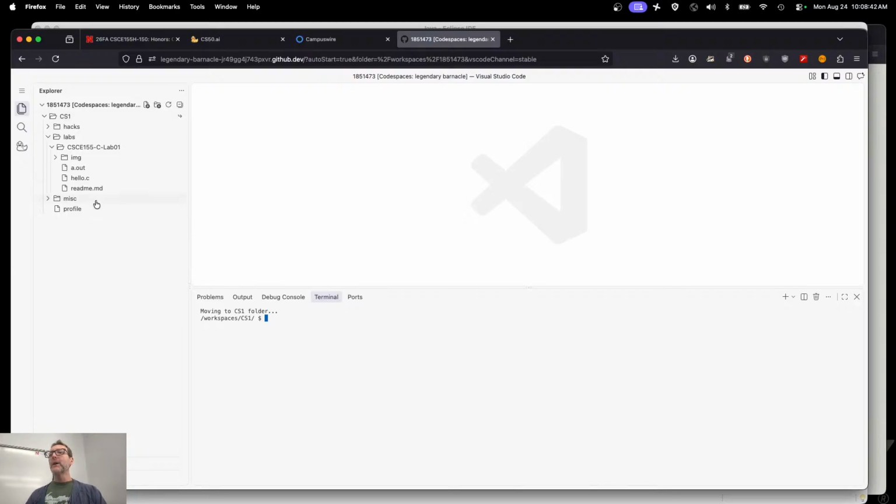There's a nice little file explorer over here. We'll show you how to get that set up and started. And we suggest that you have hacks, labs, and miscellaneous. I'm going to get started by simply creating a new file here. You can do that in one of two ways. You can right-click over here, new file. You can click this button that creates a new file. Or down here, you can touch a new file. Come on. All right. Touch